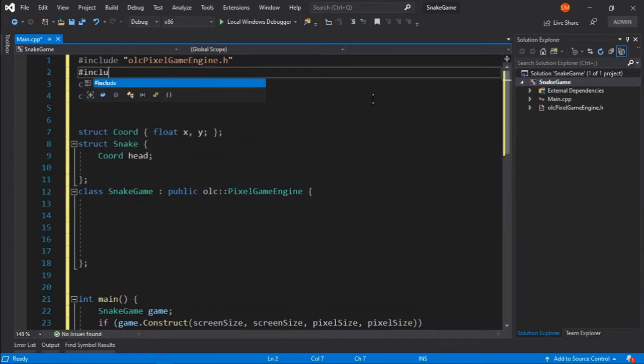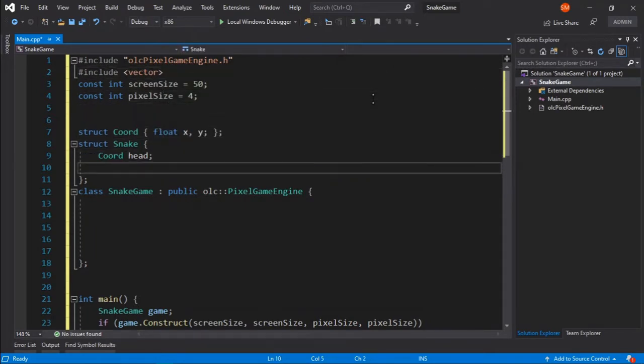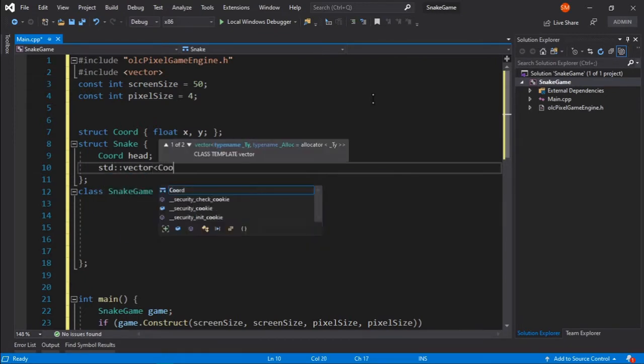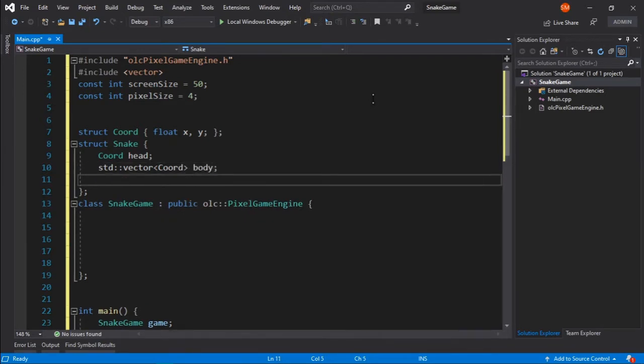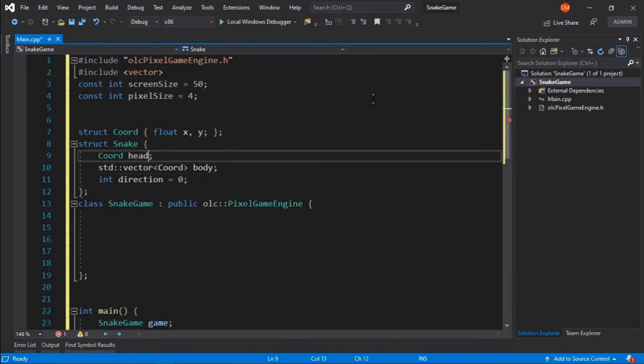So first of all I need to include vector, so #include <vector>, and I will include a std::vector of Coordinate called body, and also it will have an integer showing the direction. By default this direction will be 0, meaning that the snake has no direction. And the head will be located at, let's say, screen size by 2 comma screen size by 2.